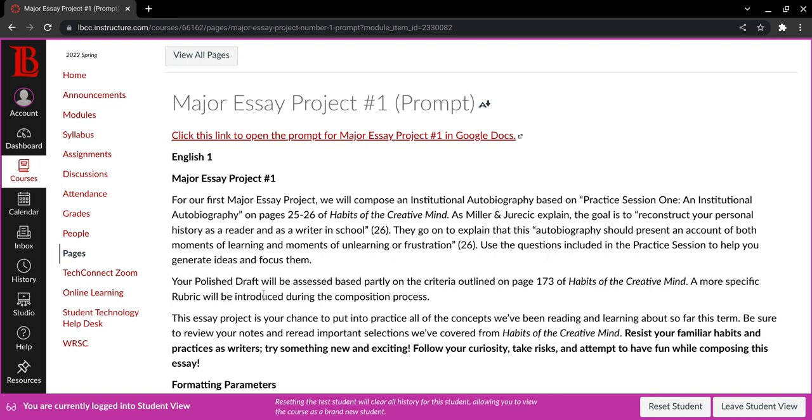Your polished draft, so recall the polished draft is the one that I assess and the only one that counts toward your final grade. Your polished draft will be assessed based partly on the criteria outlined on page 173 of Habits of the Creative Mind. We haven't read this section yet, but you can find the list of criteria that I'm referring to here on page 173.